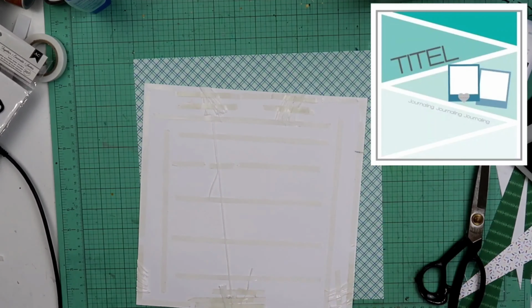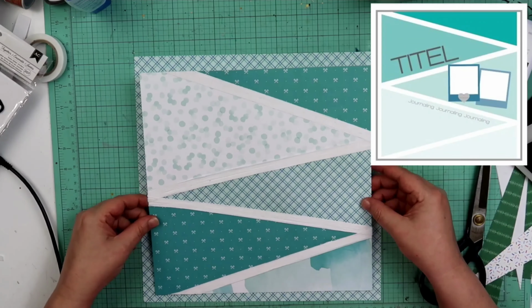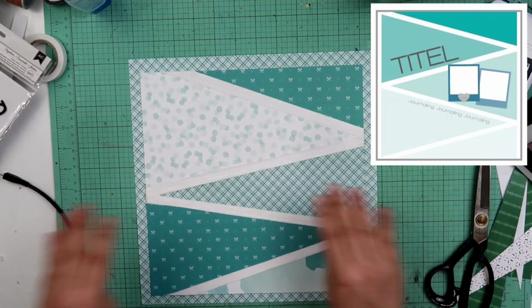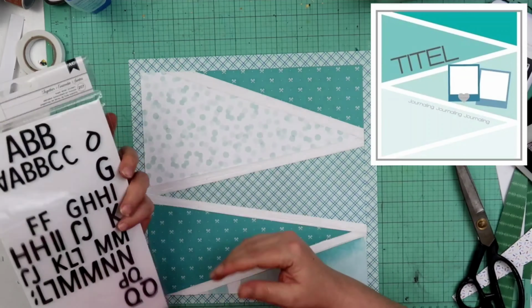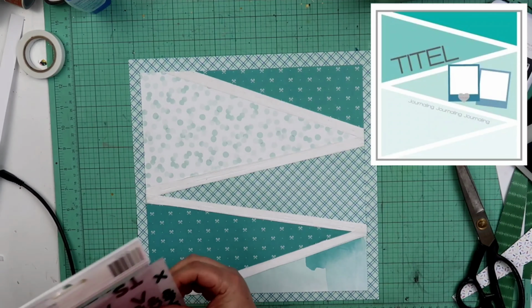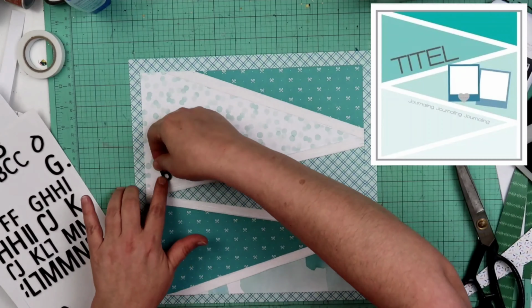So we're going to go ahead and I'm just going to eyeball it and stick it down. I know, that's so funny. You spend all this time doing this crochet thread and then you eyeball it. Really? Yes, I do. So these thickers right here, they're called Together thickers, and I'm just going to call this